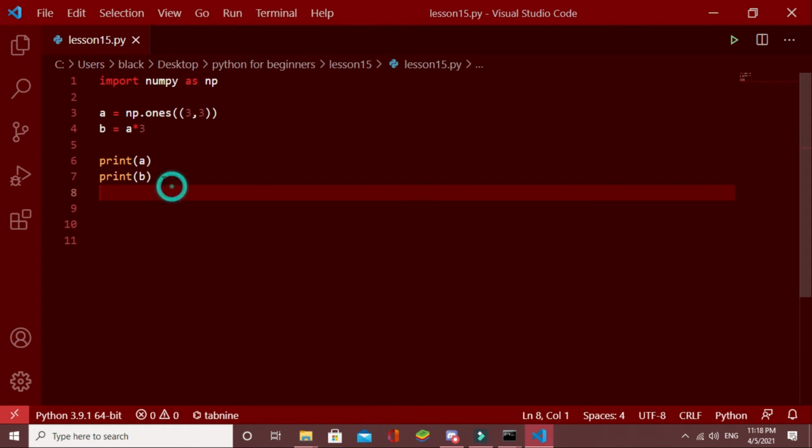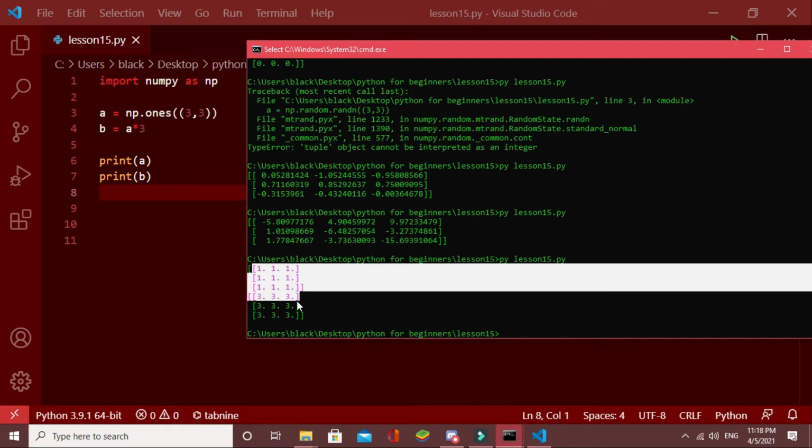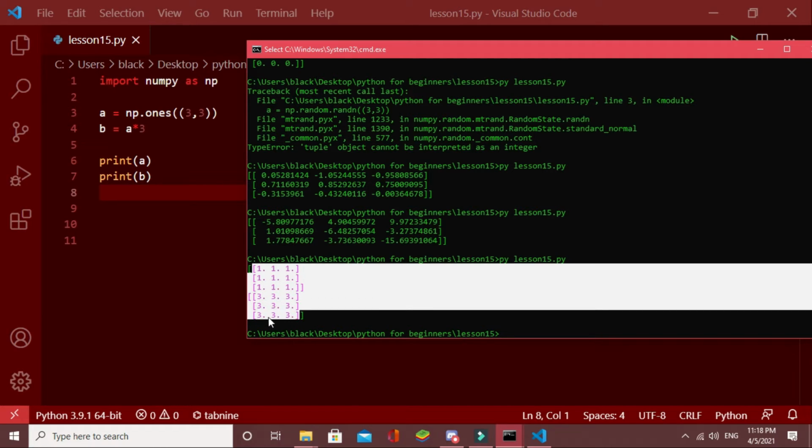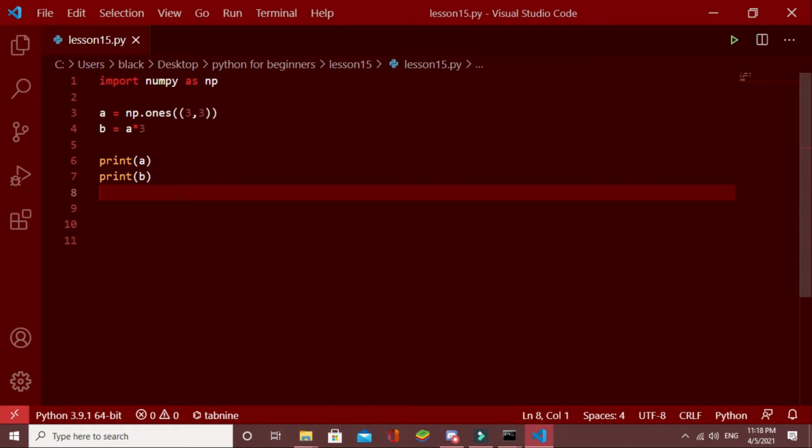Now let's say I want to add these matrices column wise. To do that, there is a function called concatenate, or there is another function called vstack. We can use both of them.